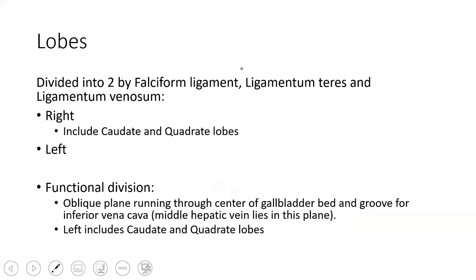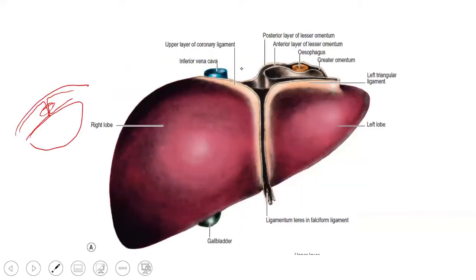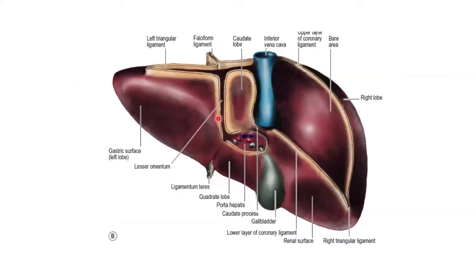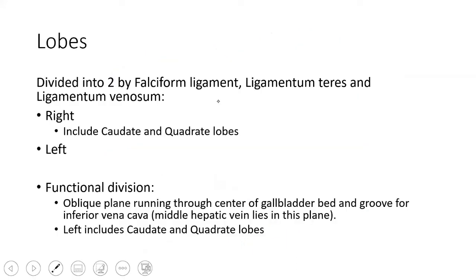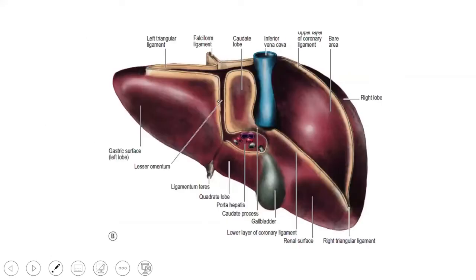So anatomically, the liver is divided into 2 main lobes, the right lobe and the left lobe. These are divided by the ligamentum teres and the ligamentum venosum, and anteriorly by the falciform ligament. So if you take the anterior side from this line and posteriorly this line. And you have 2 special lobes called the caudate lobe and the quadrate lobe. In the anatomical division, it is included to the right side. So here you have the caudate lobe and here the quadrate lobe.